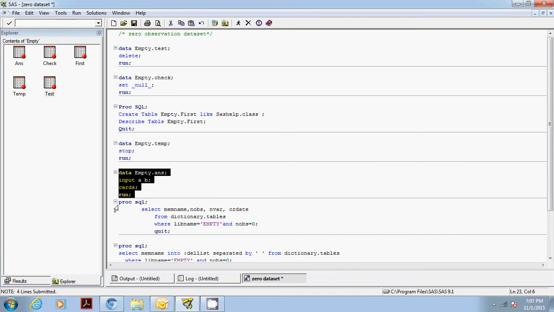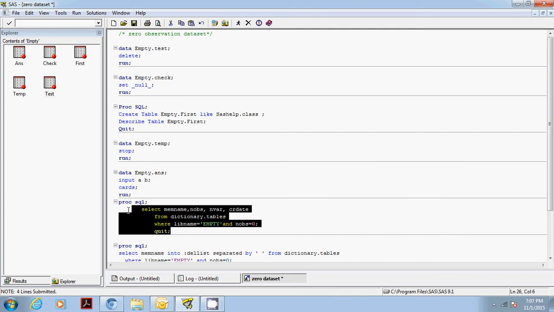Now, if we want to see all the datasets which have 0 observation, I'm going to write this statement: proc SQL, select memname, which is a column name, I have in this query nobs, number of observations, nvar, number of variables, crdate, creation date, from dictionary.tables, where libname is empty and nobs is 0.